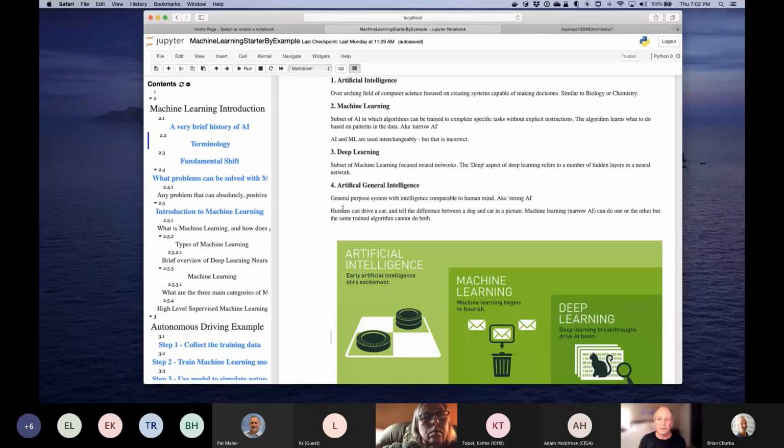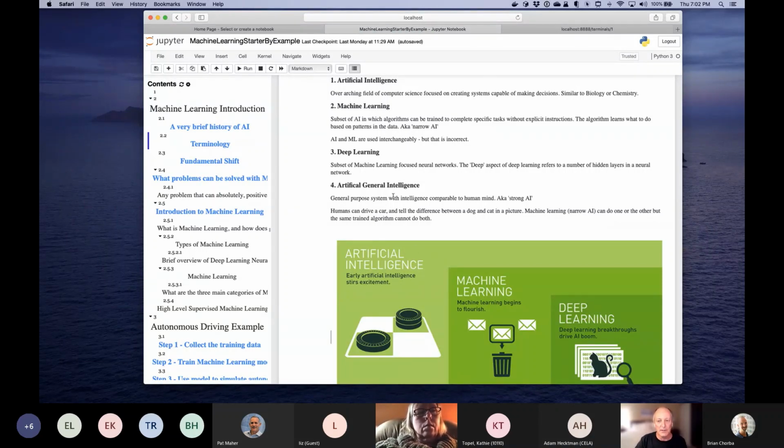And there's a couple of great definitions, but machine learning is also known as narrow AI, because what we're going to do is train these machine learning algorithms to focus on a very single task. We're going to make them really good at telling the difference between a cat or a dog, or figuring out who's going to churn, or whether an X-ray is cancer or not cancer. But once you train a machine learning model to understand how to do that, that model can't be used for anything but that. And that's why sometimes you'll see it in the literature as narrow AI. And I know sometimes AI and ML are used interchangeably, but I don't see that as correct.